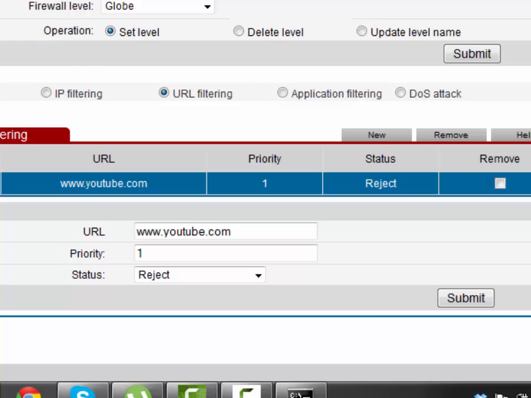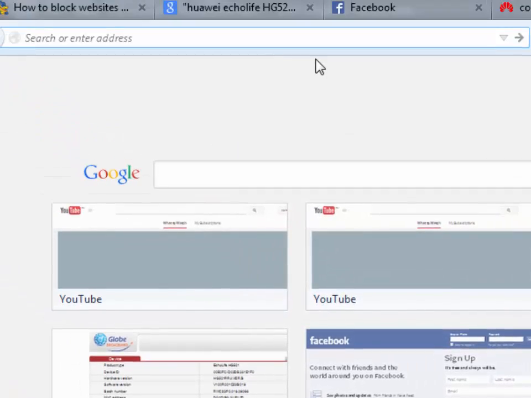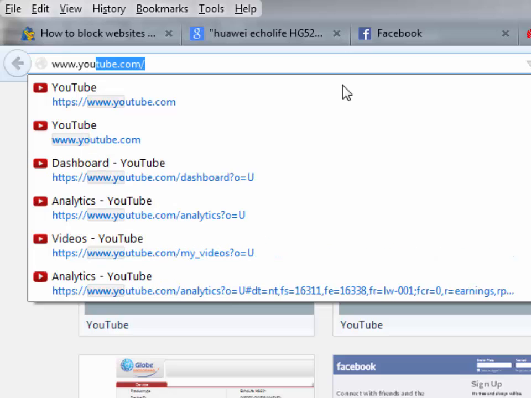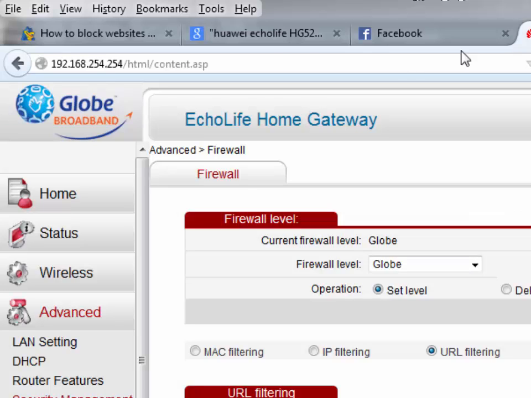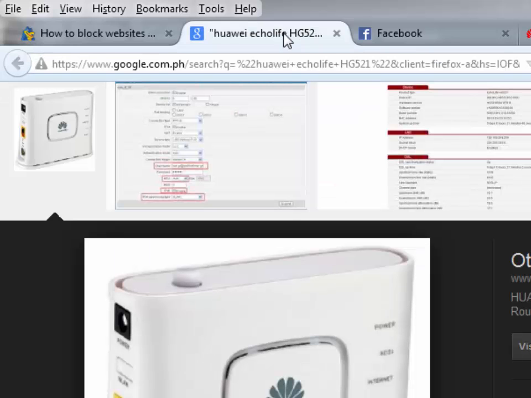So, let's see if it works. Now, let's try to access YouTube again. It is trying to access YouTube, but since our router is rejecting it, definitely we could not access the YouTube site. And that's how to block a website from a router, I mean, from this kind of router, UE HG521.